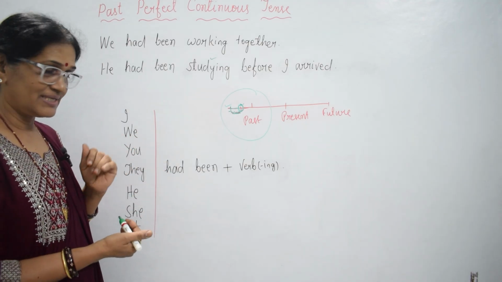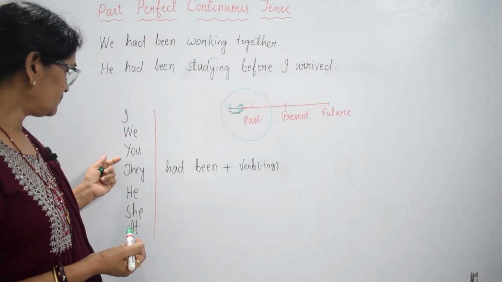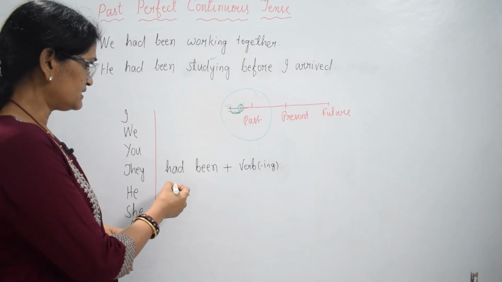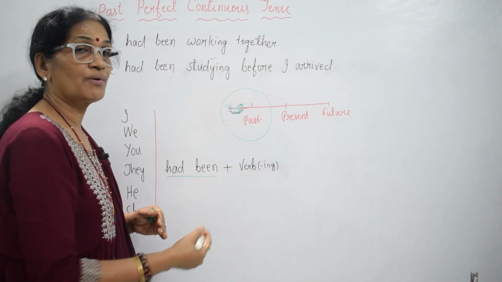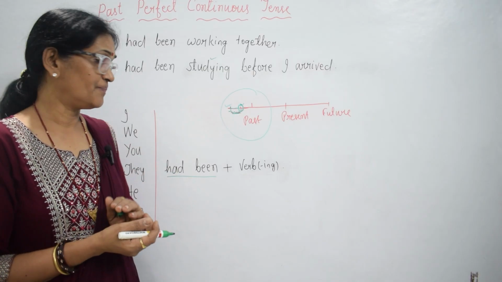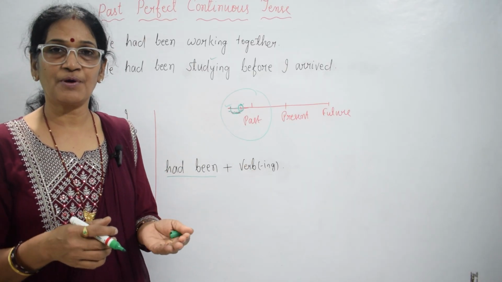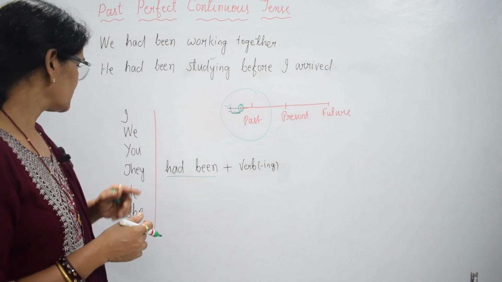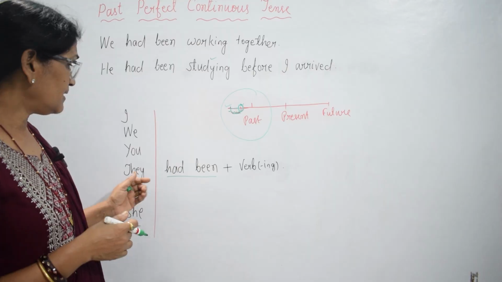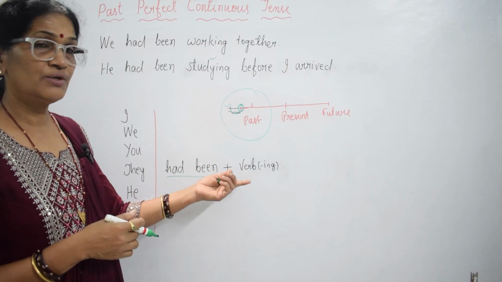So how to frame the sentences? These are the subjective pronouns: I, we, you, they, he, she, it. With the subjective pronouns, had been plus the ing form of a verb will be added. This is the construction, this is the structure. I had been, suppose working, the verb is work, ing form of verb, working. We had been working, you had been working, they had been working, he had been working, she had been working,